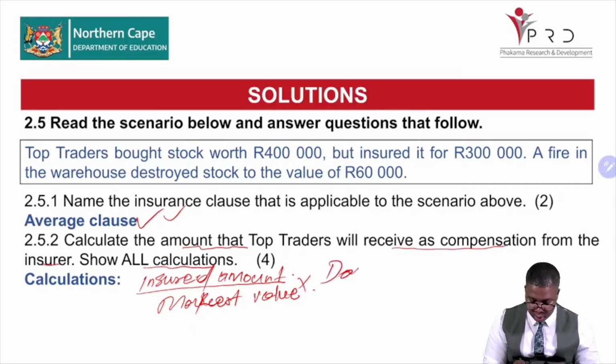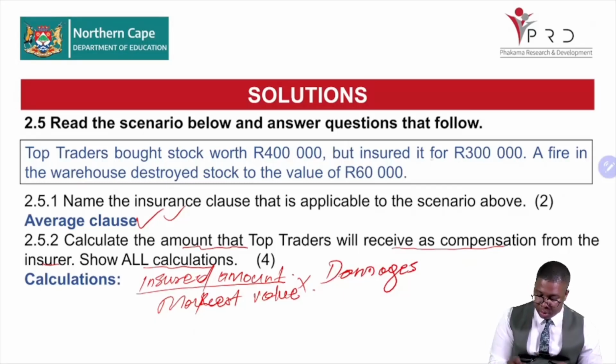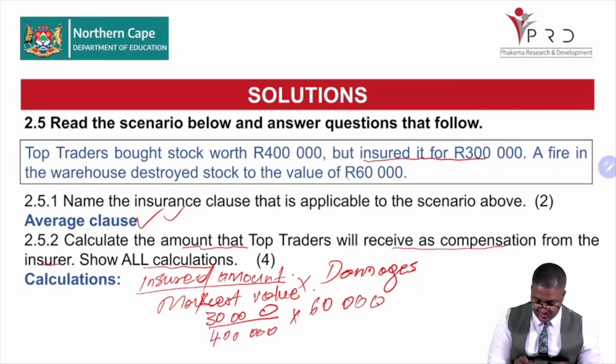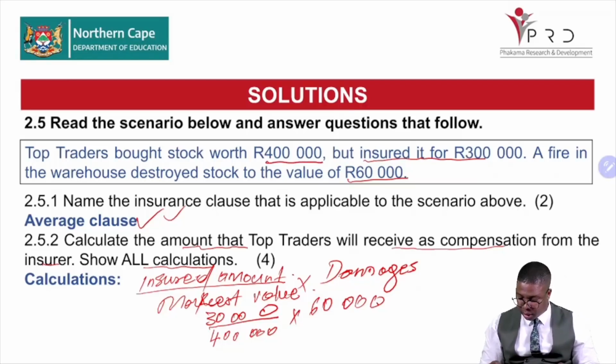damages. So we say insured amount. How much is the insured amount? Insured for 300,000. So we're going to say 300,000 over the market value, which is 400,000, multiplied by 60,000. And remember that we are taking this 60,000 from the scenario and this 400,000 from the scenario, which will then mean the answer is